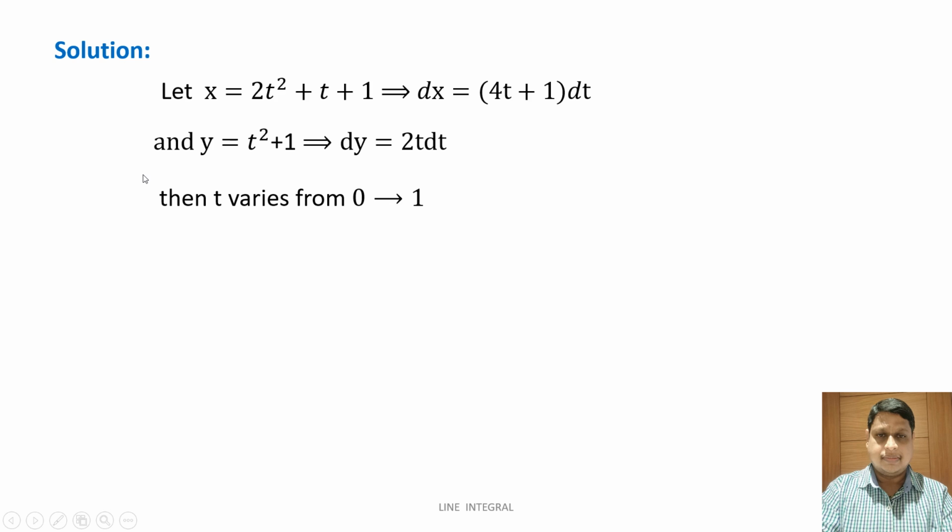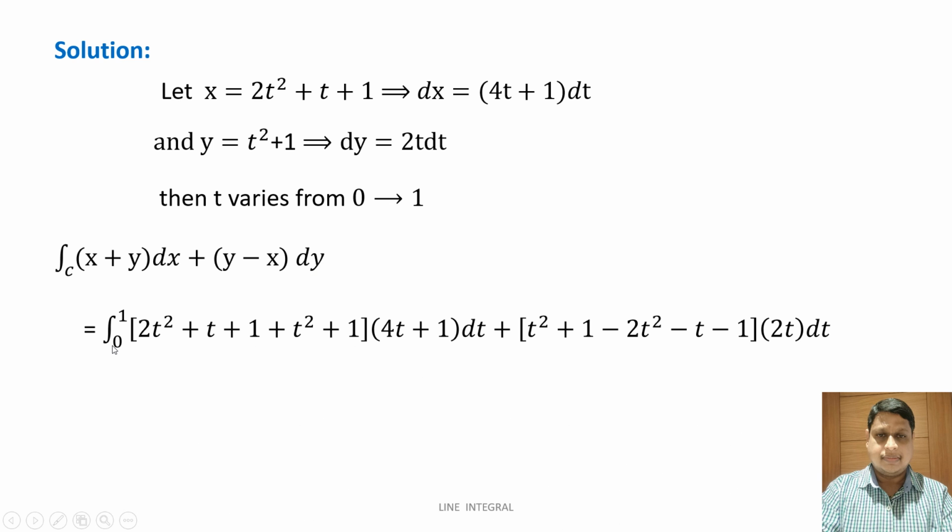So here I am changing the parametric equations, x and y are parametric functions of t. Therefore, I am changing both x and y to t. Therefore, t varies from 0 to 1. Therefore, the integral over c of (x plus y) dx plus (y minus x) dy, we can write as integration over